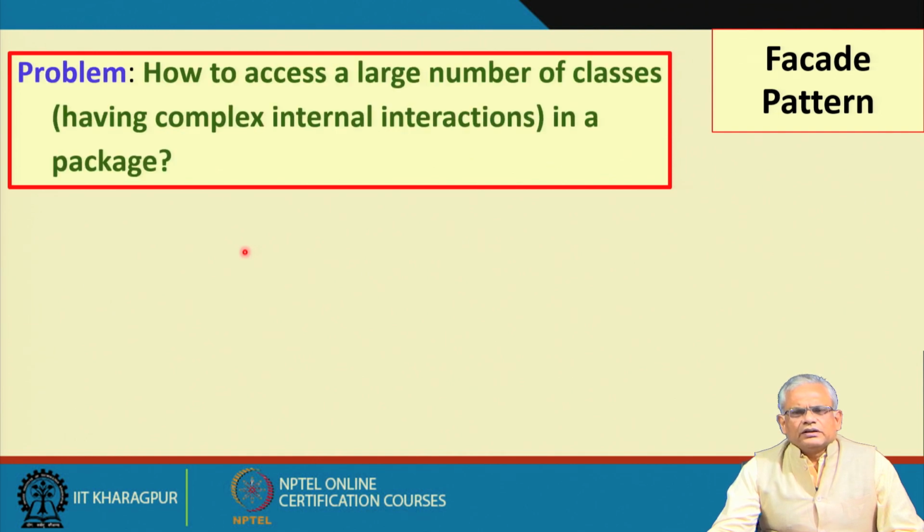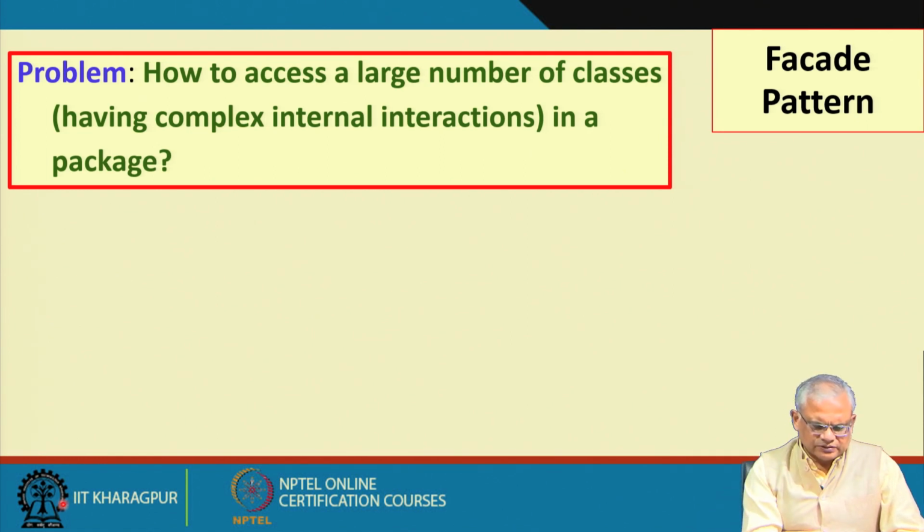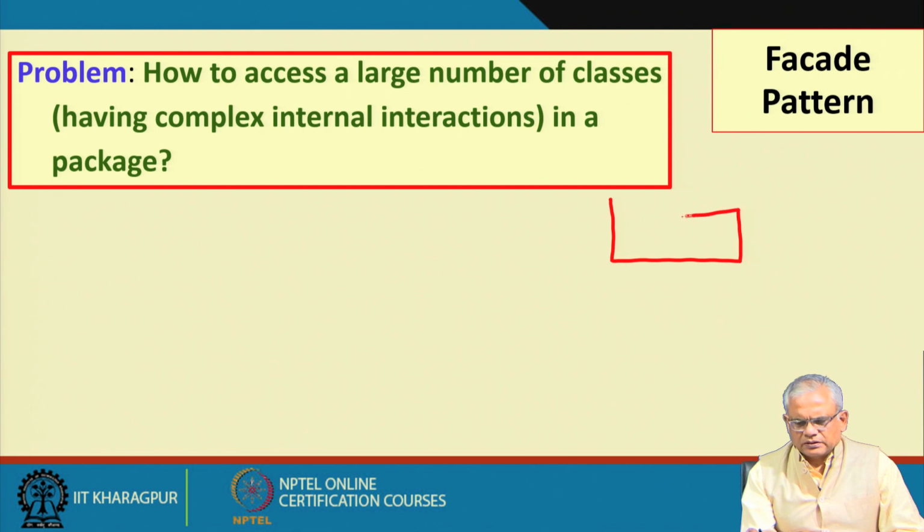The facade pattern tries to solve the problem when a package has a number of classes inside it, and the classes that are external to this package are trying to make use of the services of the elements in the package. Let me be more specific. This pattern concerns a service package. This is a service package, I have written S here, and this has many classes inside it, and possibly these classes are related through inheritance, association,